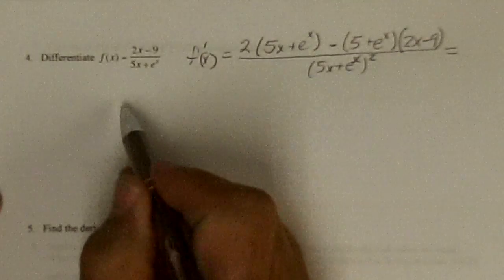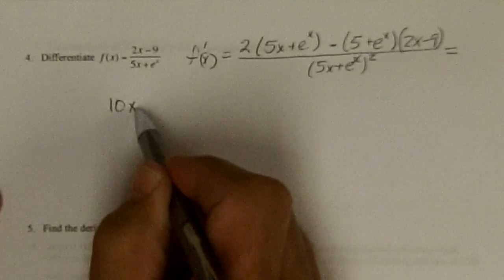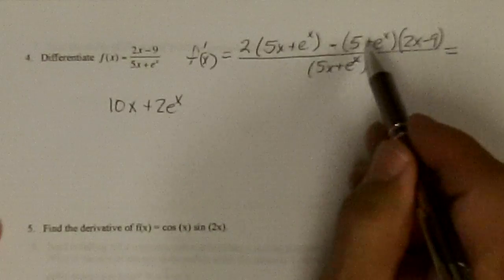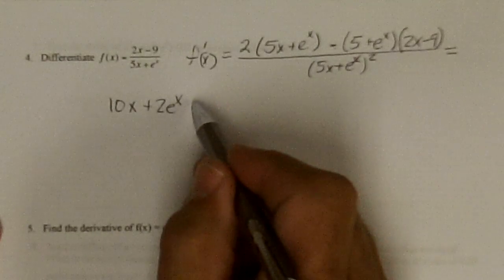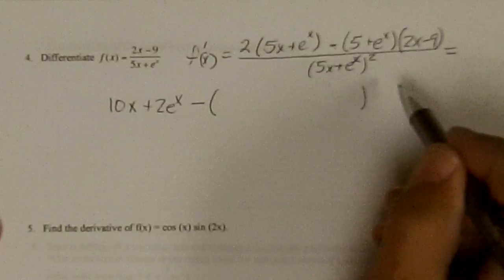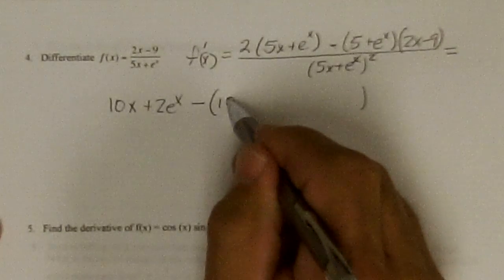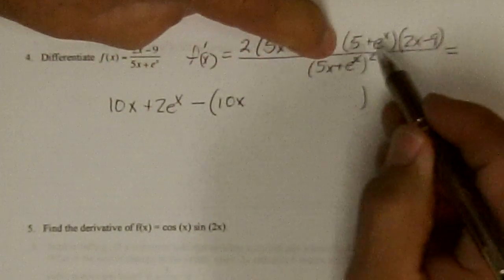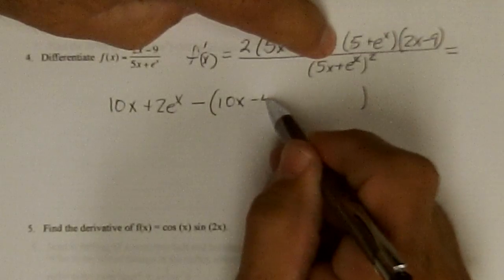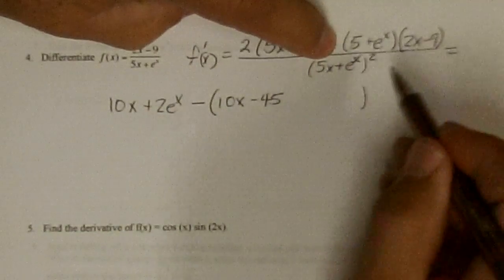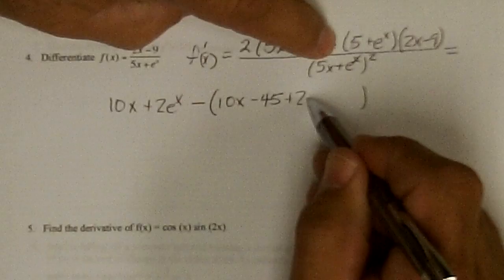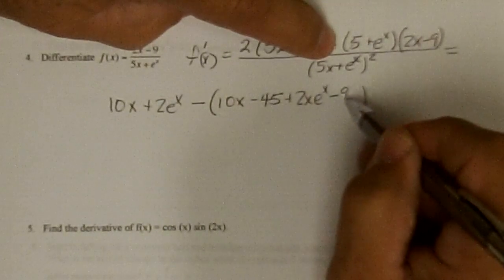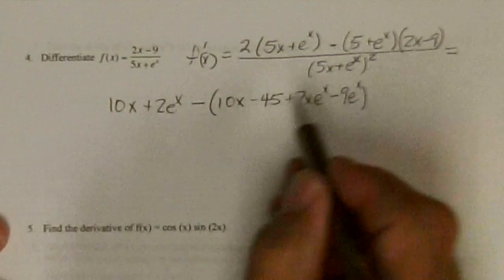Now let's do a little simplification. So we get 10x plus 2e to the x. And then we're going to have to subtract all of this. So I'm going to put a subtract, and it's going to be all 4 of these terms. 10x. That's going to be, I'm forgetting the minus for now. 5 times negative 9 is negative 45. Plus 2x e to the x minus 9e to the x over